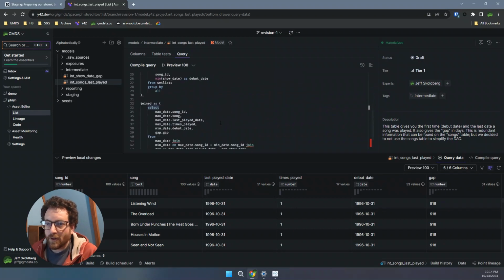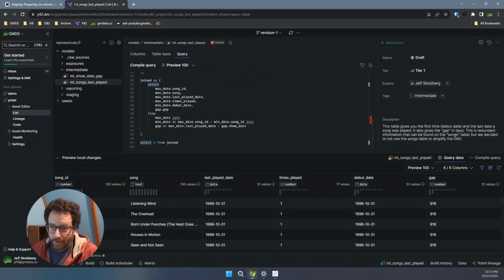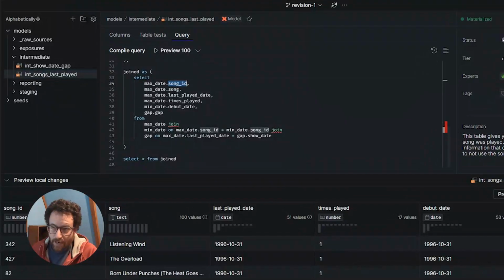Okay, so basically what we're coming up with here is the song ID, the song, the last time they played it, the number of times they played it, the debut date, and the gap. And I just want to say something here, which, if you're actually studying this data along with me, which I doubt that you are, but